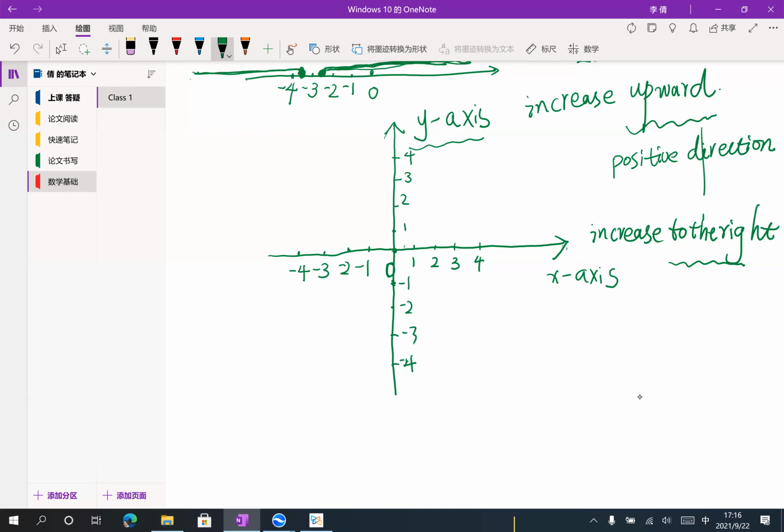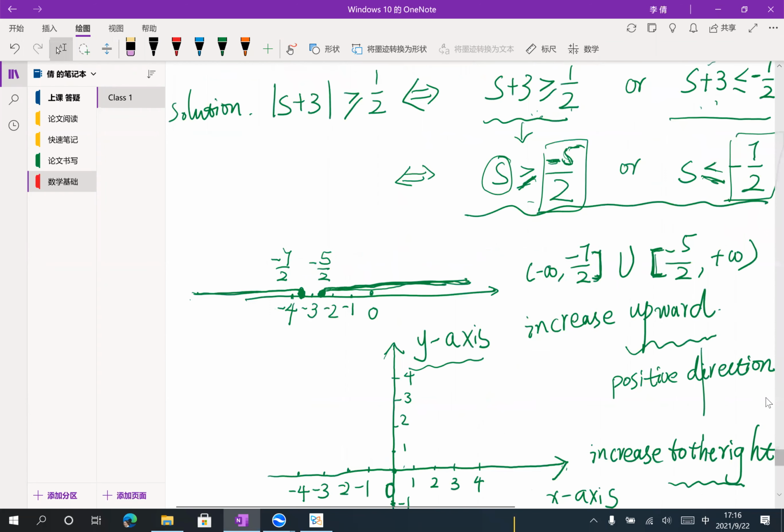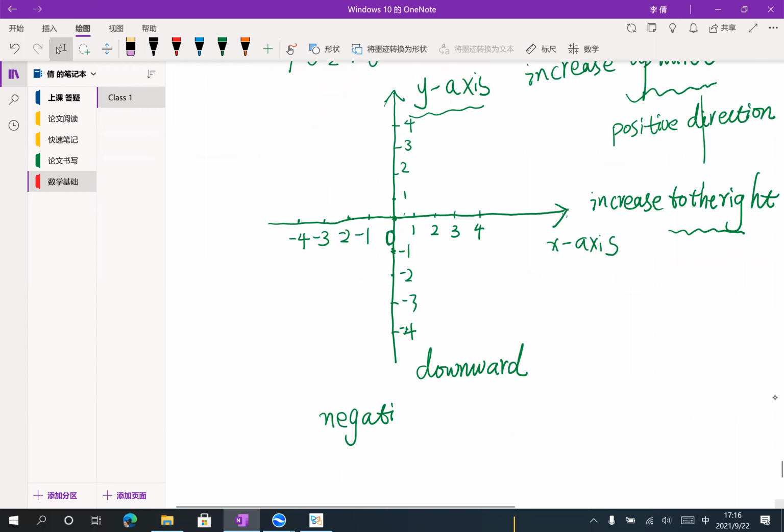So the downward direction will be a negative direction. To the left it will also be a negative direction, and the direction to the left